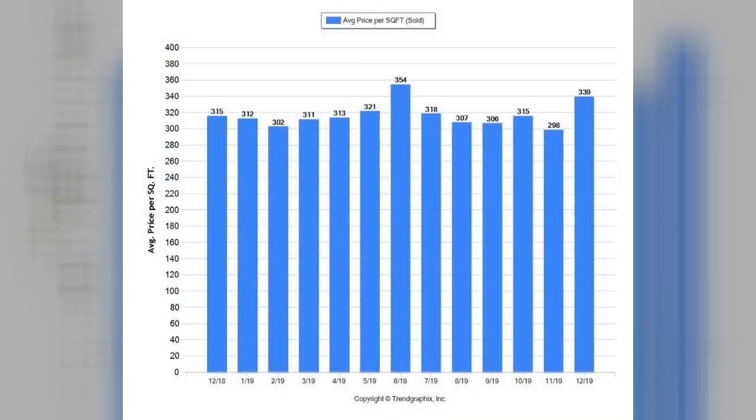Let's go ahead and skip to the next slide. Let's go with average price per square foot, from 315 up to 339, or up 7.6% year over year. Now, those of you that have been with me for a while know, don't put a whole lot of stock in this. Very brief thing. It's going to be entirely dependent on your location, whether you're talking about a condo, single family home, etc. Very broad stroke of the brush there,